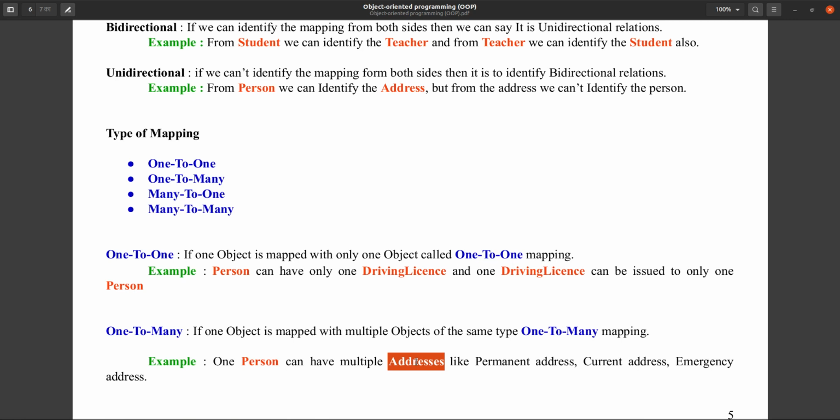Permanent address will not change, that will always be the same. Current address may change. Temporary address definitely has to be changed after some time. So this is a one to many relationship example, because one person can have many addresses, but one person can have only one driving license. So this is a one to one relationship.